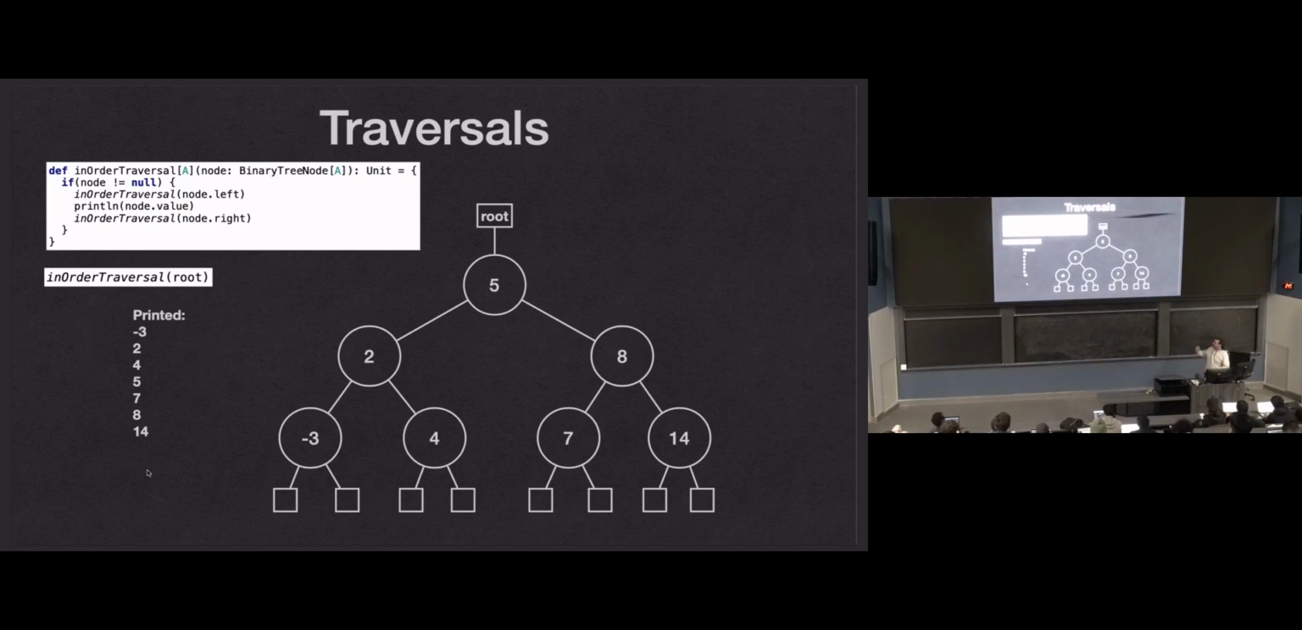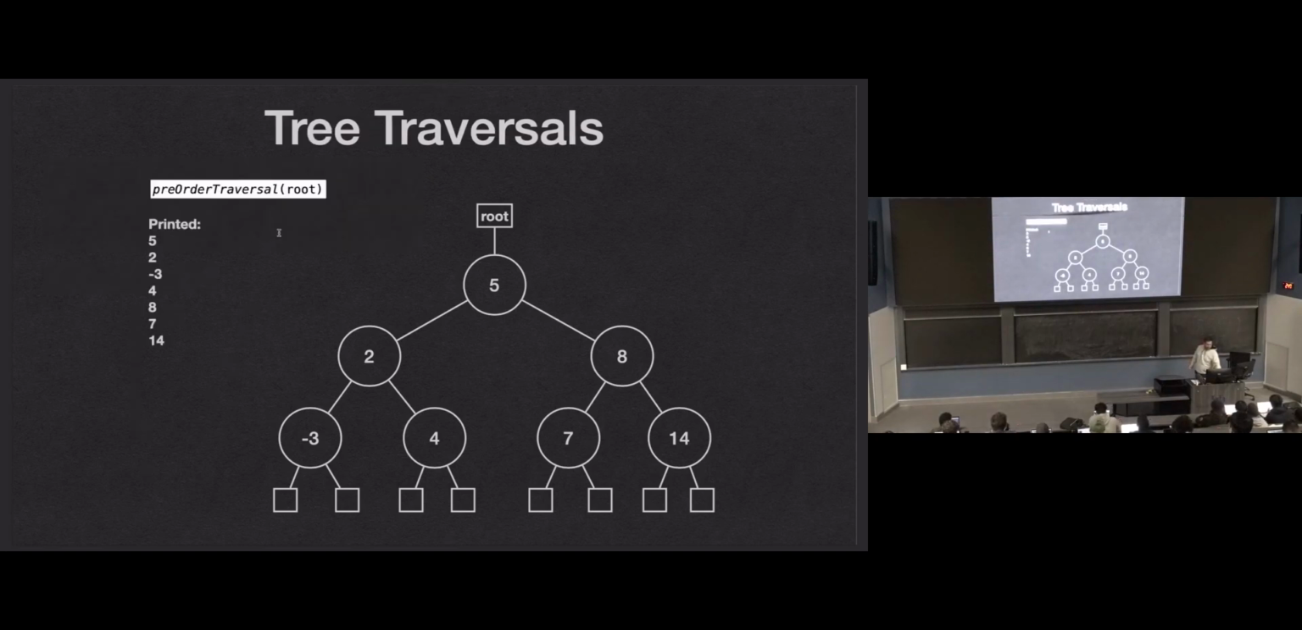That doesn't just always happen. I carefully created this tree just so it would have that property. But if we use a different traversal, we're not going to get that property. So if I use a pre-order traversal,